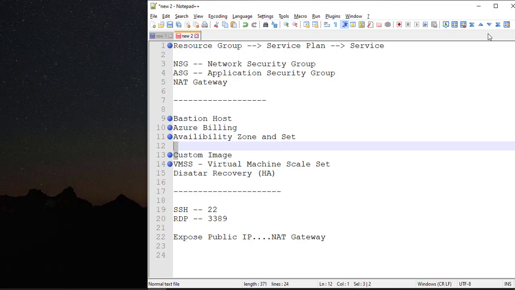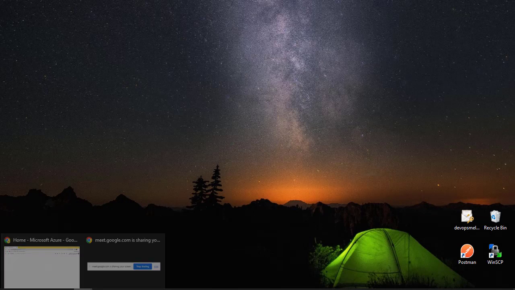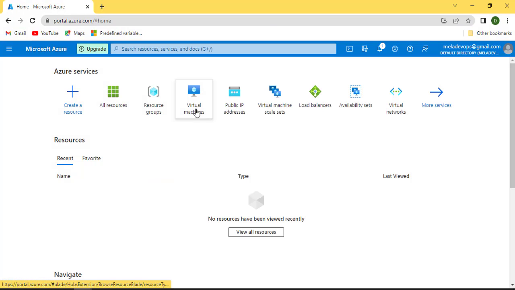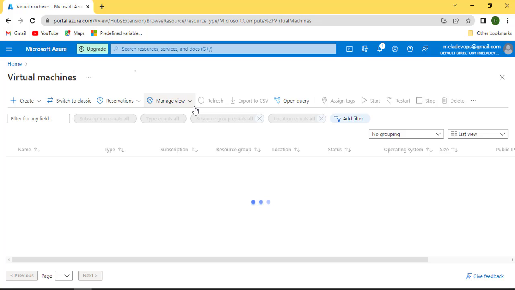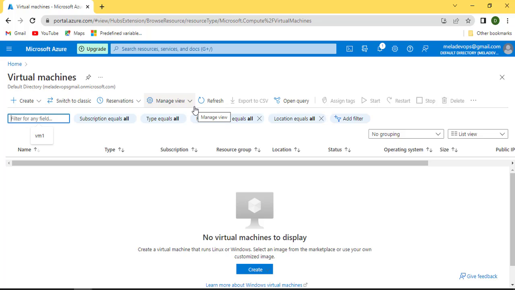Custom image. What exactly is a custom image first? Whenever we create a VM, and on the VM we were deploying an application. In our case, we were deploying Apache 2, wherein we were just displaying a very simple line, welcome to devopsmela page. That's it. So that becomes my custom image. I was using Ubuntu OS in the backend, and on top of it I was deploying some sort of application. Now if you want to create multiple VMs using the same image,